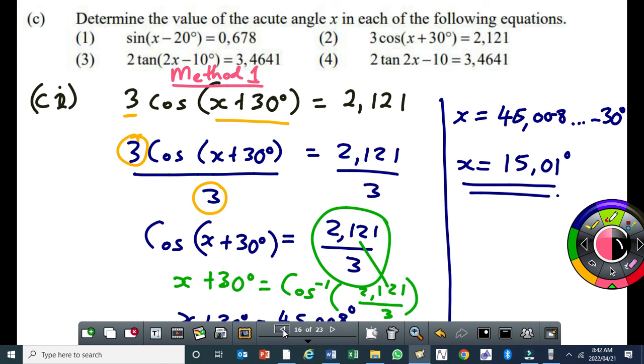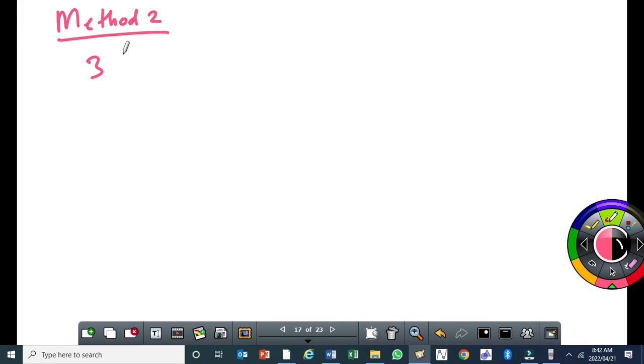Alright. So method 2. Can you pay attention? Method 2, so I've got 3 cosine of x plus 30 degrees is equal to 2,121. Alright? Now, the first thing, obviously,